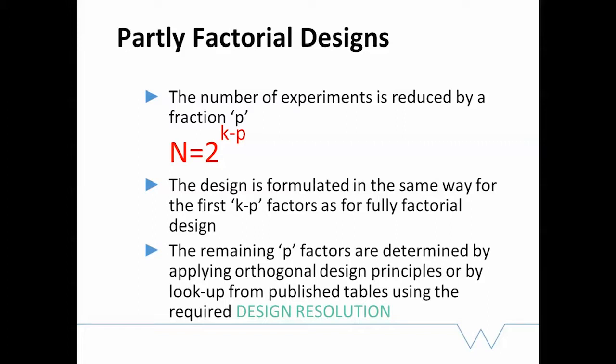We don't have to think about this in those cases. The trouble is, if you think about it, the fully factorial designs can become computationally very expensive, and we often don't have time to do them. So here we're reducing the number of experiments by a fraction p, and so we talk about half designs, quarter designs,